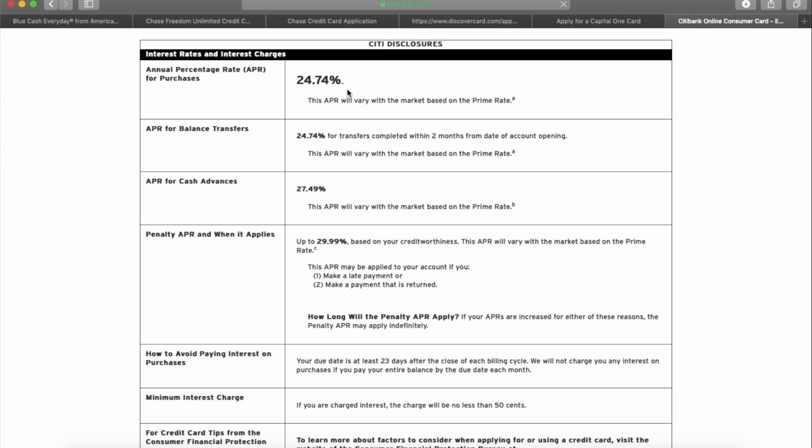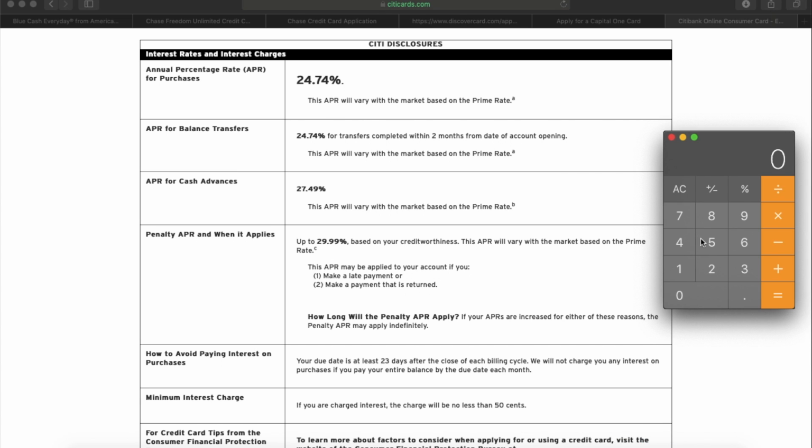And for those who don't understand how credit card interest rates work, this is an annual percentage rate, which means that on average, on an annual basis, you're paying 24.74 in interest. It does not necessarily mean that every month you're paying 24% in interest. It's basically a breakdown of 24 divided by 12. So if we divide 24.74 divided by 12,